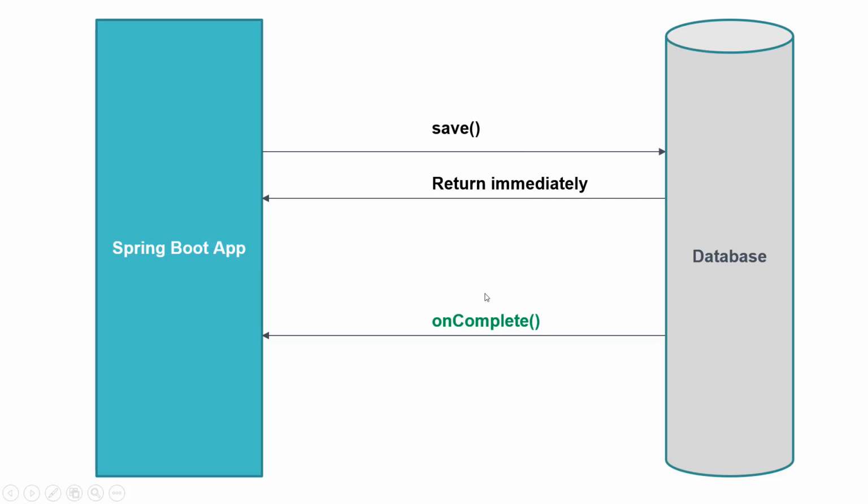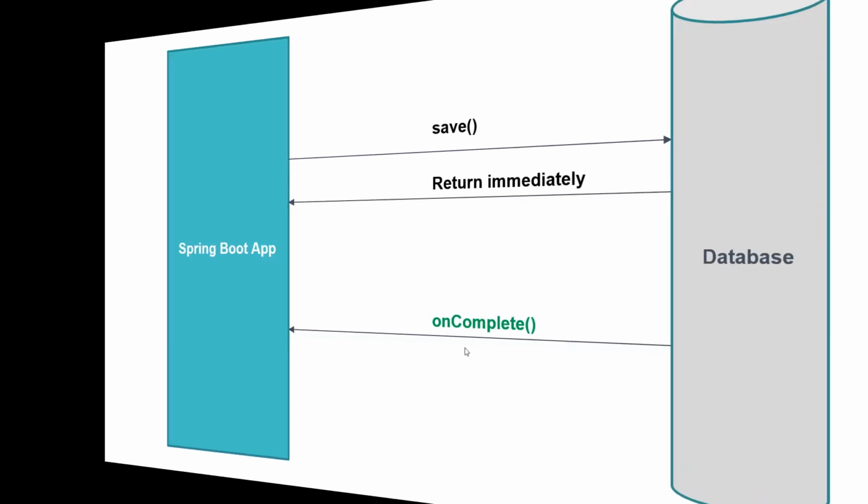So directly we will get onComplete event. So here there is nothing to return, or you can say the return type is void. So we directly have this onComplete event. Now, say for example, while saving the data, something went wrong. It can be constraint violation or something else. In that case, there will be onError event. So here we have seen three events: onNext, onComplete and onError. So this is event-driven stream in reactive programming.